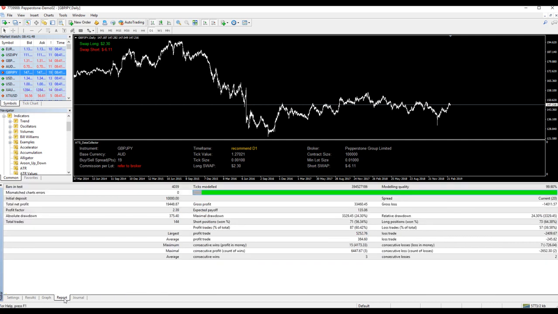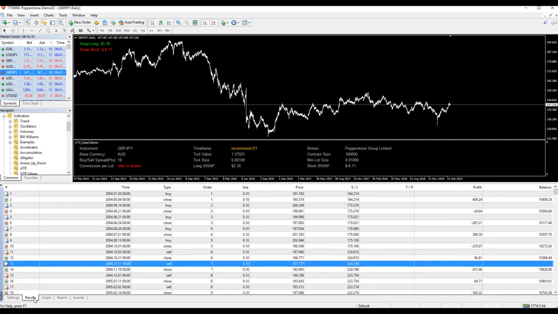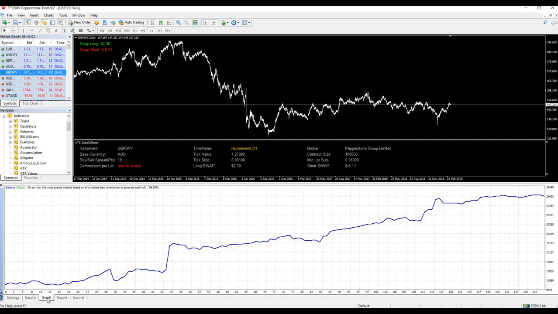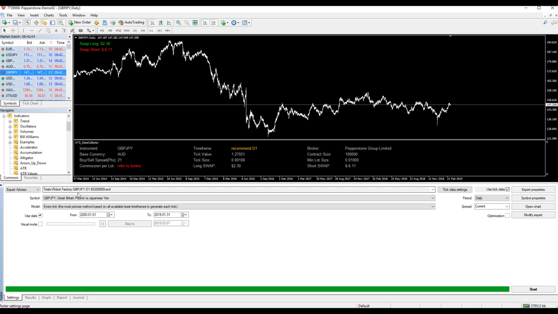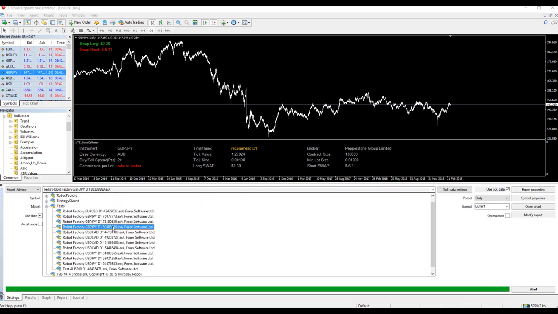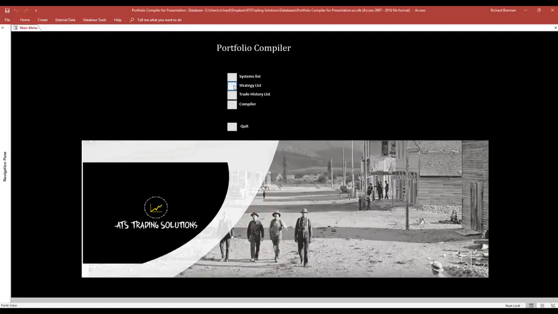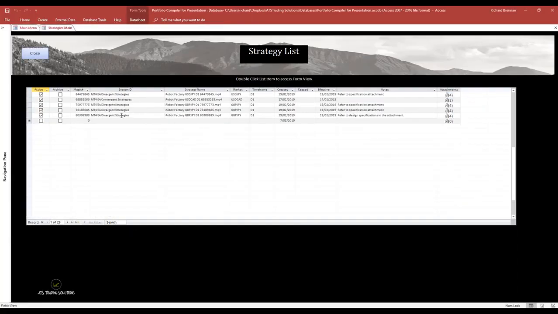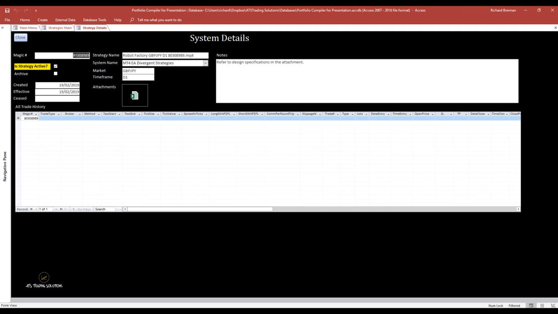So I follow the prior steps in creating the system name and the strategy name as we've dealt with before, and now we are ready to accept this trade data. For example, this particular EA we're looking at now is one of the MT4 EA divergence strategies which we have created in the database. So this strategy belongs to the divergence suite of systems, and the magic number assigned to this strategy has been automatically produced in the programmatics, and we will use this number in its identification in the